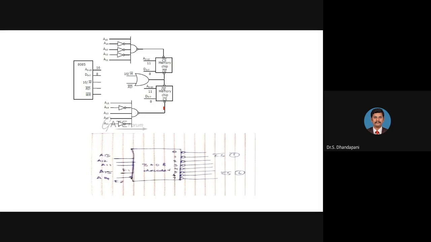For memory interfacing, usually we have two types. One is using NAND gates to connect the chip select bar. Another one is using the 3 to 8 decoder. This is basically a memory interfacing problem. Now, the question uses a NAND gate. The solution proposes how to replace the NAND gate with the decoder. In the 3 to 8 decoder, we have 8 outputs. Only 2 outputs we are going to use. Output 1 we connect to the first IC. Output 6 we connect to the second IC, as per the previous explanation.